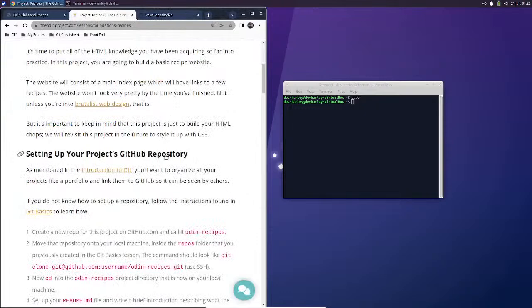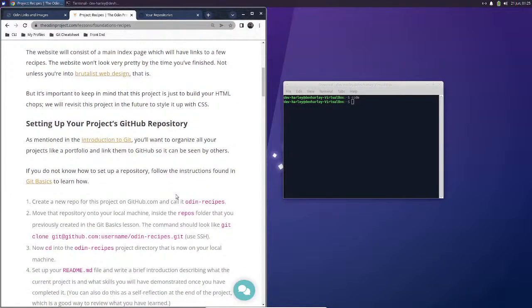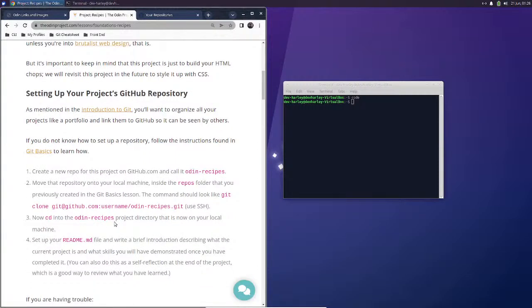It is important to keep in mind that this project is just to build your HTML chops. We will revisit this project in the future to style it up with CSS. As mentioned in the introduction to Git, you'll want to organize all your projects like a portfolio and link them to your GitHub so it can be seen by others. If you don't know how to set up a repository, follow the instructions found in Git Basics to learn how. To create a new repo for the first project,